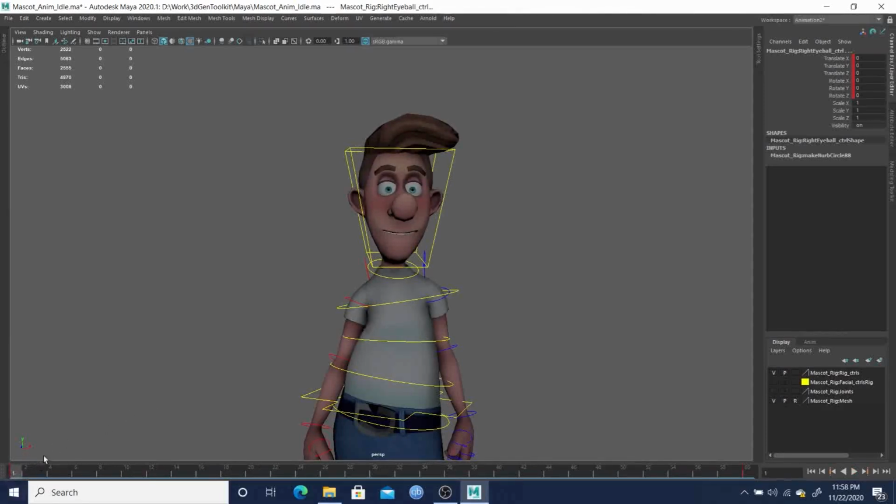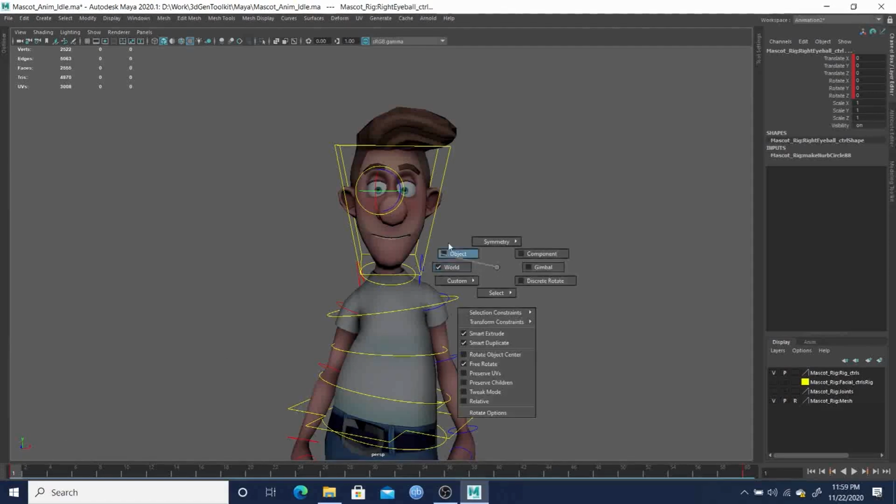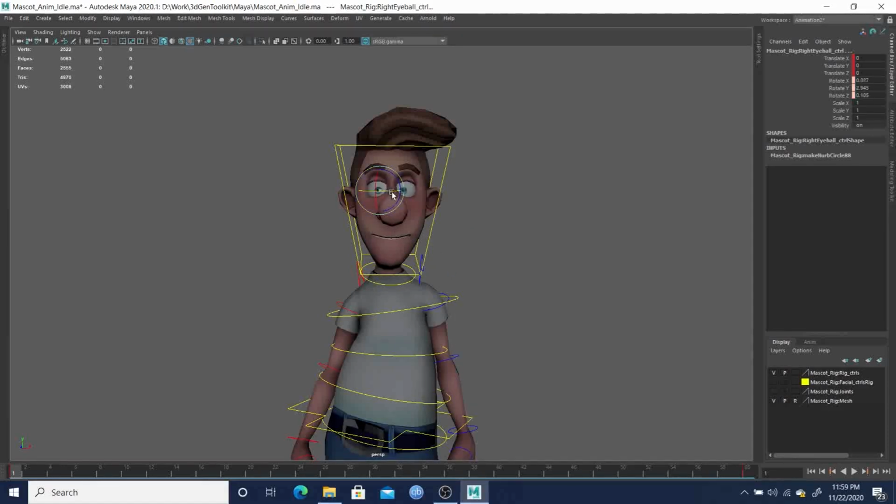So with that, I'll just go to the E key. I'm just holding down the E key and then left mouse, and then I get the marking menu, and I can say world, okay, and so that's what I want. So now I can actually,